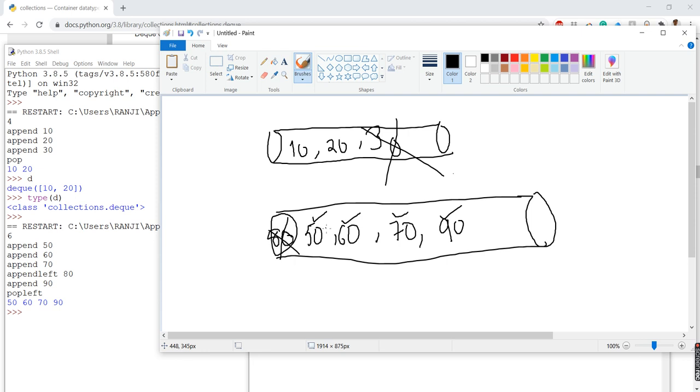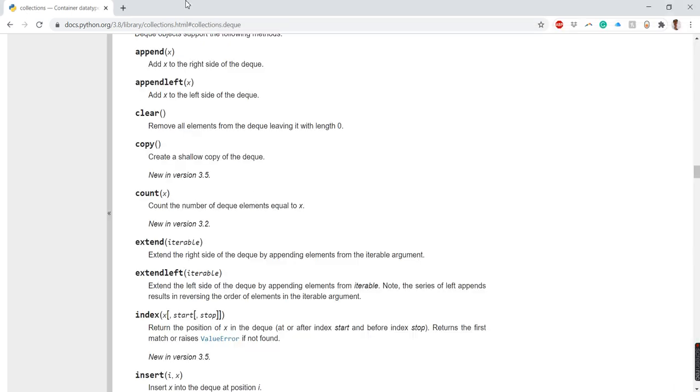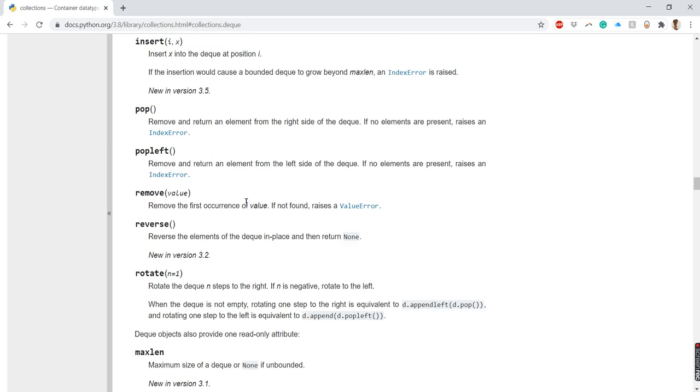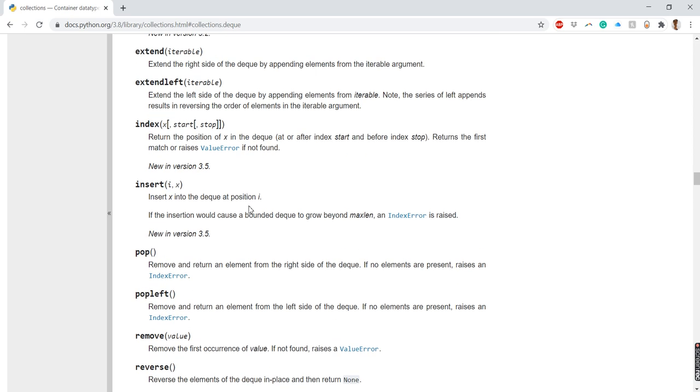You can enhance this function or this DQ operation by adding any number of additional operations, as you see from this website. I'll put the link in the description. Make sure that you check that out and get better hands-on practice, because this is more important. And also if you are preparing for any interviews, this video can help you understand some of the concepts.